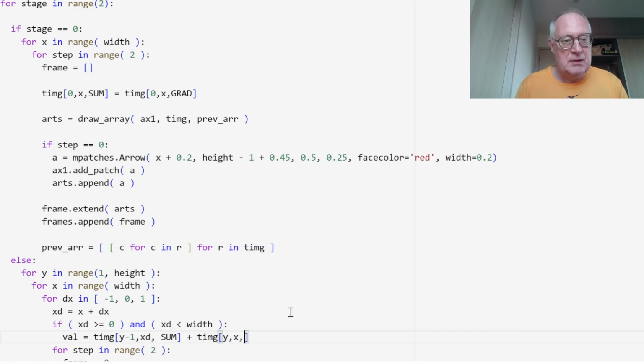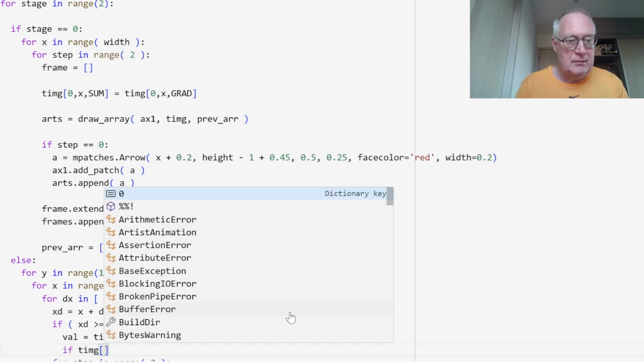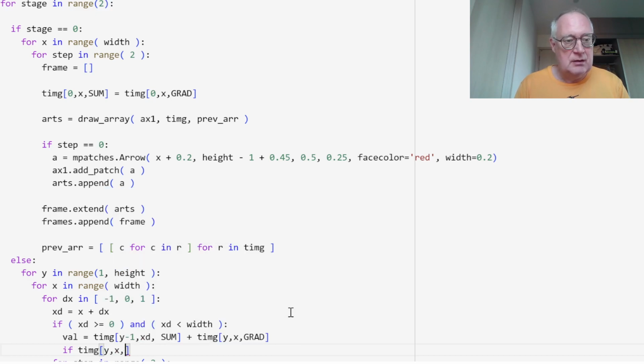Now I need to add my own gradient to it. So if t image yx sum is equal to minus 1, which means we haven't touched it yet,